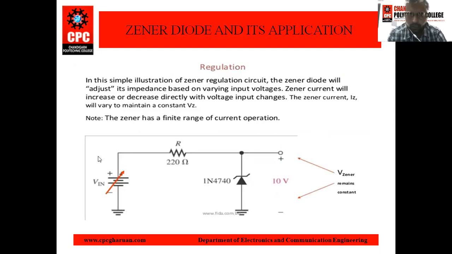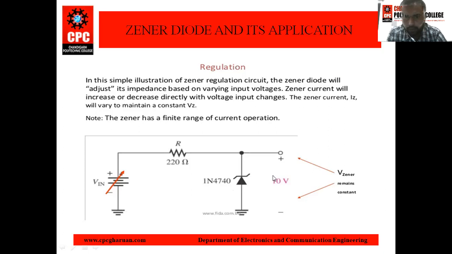As shown in the circuit, there is a voltage applied across this, and the Zener diode is connected in reverse bias. As shown, the negative terminal of the diode is connected with the positive terminal of the battery, and the positive terminal of the diode is connected with the negative terminal of the battery. That condition is known as the reverse bias condition. Vin is your variable resistance. When the voltage is lesser than 10 volts, the current cannot flow through the VZ diode, that is the Zener diode.